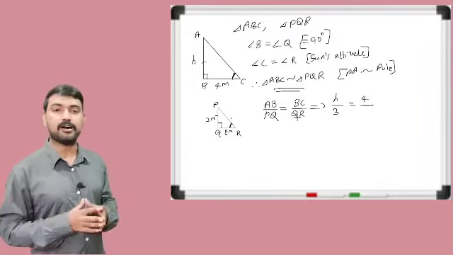So what do we get here? Here H is there, and instead of PQ we wrote the height of the ruler, 3. So H by 3. And here it is BC by QR. What was BC? 4 meter. So 4 by, and the shadow's length of the smaller triangle is 2. So 4 by 2. So what is the equation? H by 3 is equal to 4 by 2. What is 4 divided by 2? 2. So H by 3 is equal to 2.